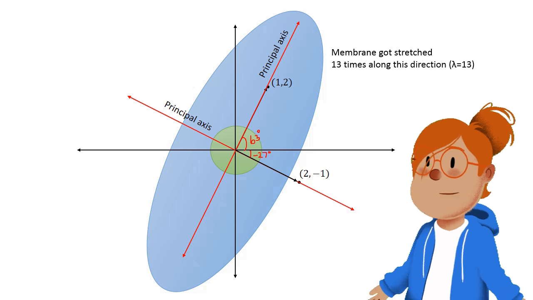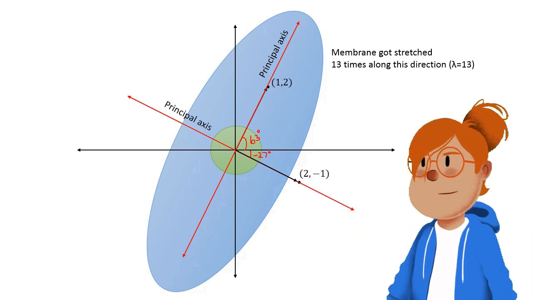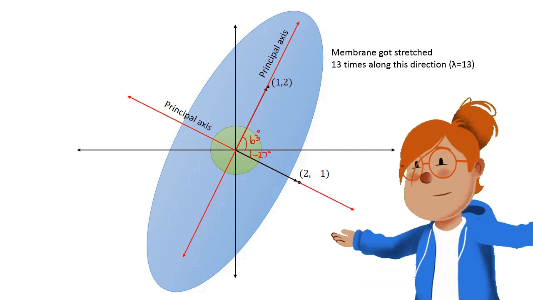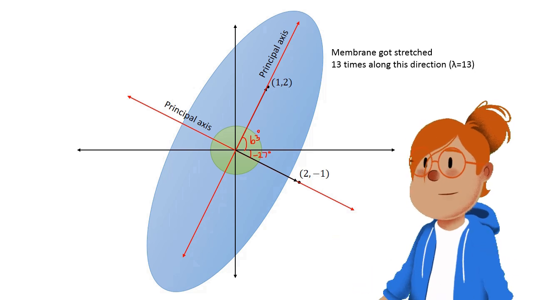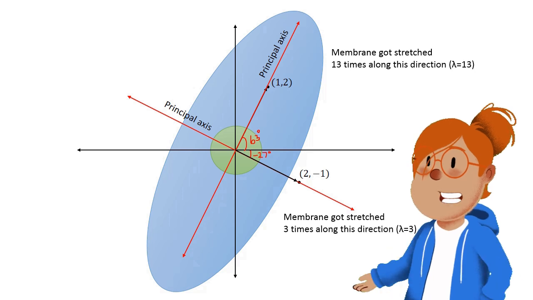So in this problem, we have determined the eigenvalues and the eigenvectors corresponding to the deformation. So using these values, we have visualized the deformation. So the circular membrane got stretched into an elliptical membrane with principal axis along the direction given